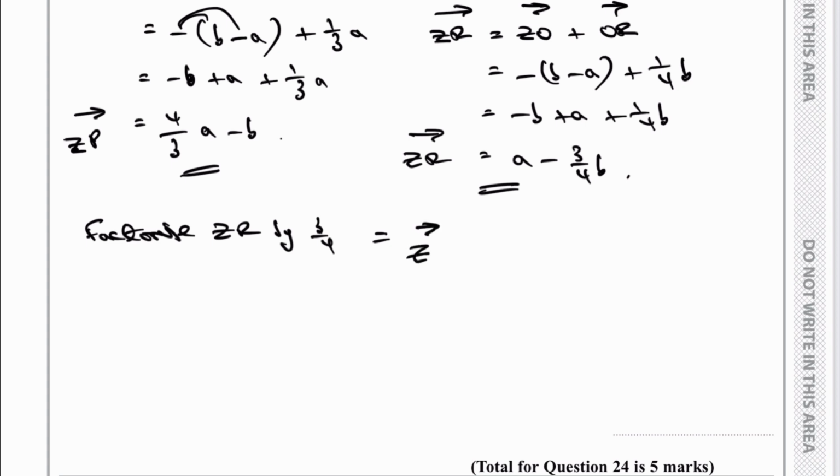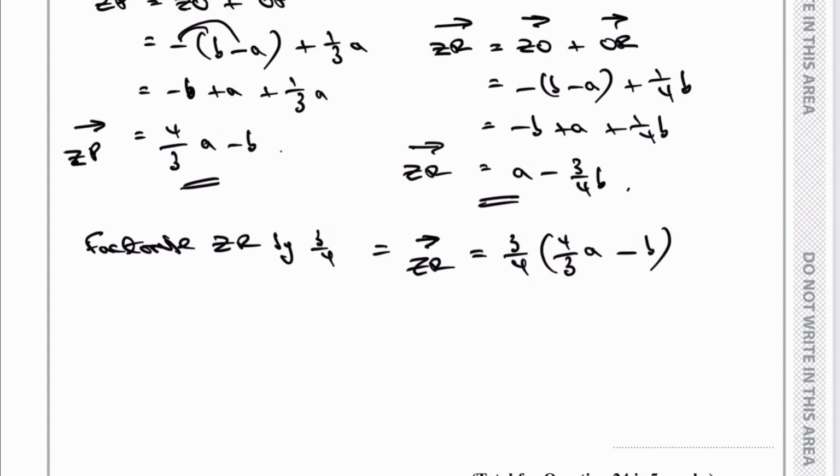So therefore I can say ZR is going to equal 3/4 multiplied by, now what do I multiply 3/4 of A by, to get a full value of A, or 1A? Well, I multiply it by 4/3A. So 3/4 times 4/3 is going to give me 1, and that's what I'm looking for, as a value of A, 1A. Okay, and then I've got minus B, so I don't need to do anything with B now. But what you'll see then is I've got a common vector, or a common factor, which is 4/3A minus B